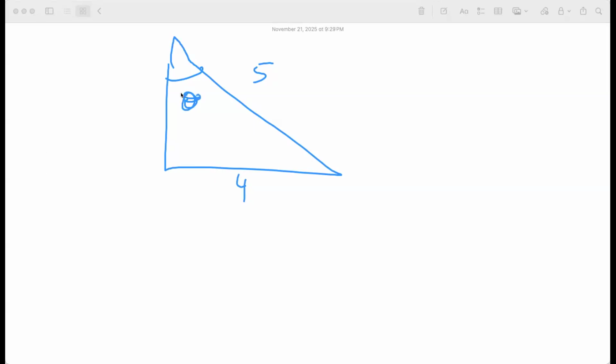So now, how can I find theta? What do you think? What trigonometric ratio can I use? Think about it. Sine, correct. Sine we can use, right? Opposite by hypotenuse. So sine theta equal to